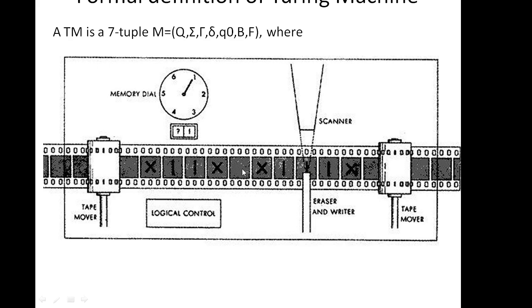Okay, say some blank spaces, so I can write over here or I can read from it. So a tape reader can read as well as write on the tape. A tape is of infinite length, and we always have a start state for this logical control, the automata that we're going to make. So this is how the basic structure looks, and this is how your machine is going to look. It will have a tape and a reader. Okay, so now we'll see the tuples.